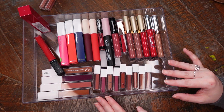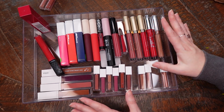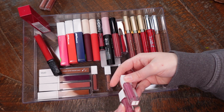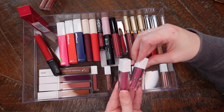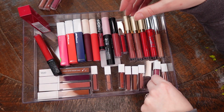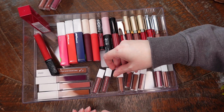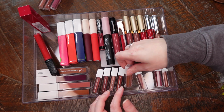And then over here, I like this sparkly one. I don't need all of these. I need to declutter. Okay, so I want to keep the sparkly one. I think these two are the same. Yeah, these two are the same, and they're not a shade that I wear that often. So I'm going to keep the one that looks the best, which is this one. This one I will declutter. Do I have any others? I don't think I have any others that are too close to each other to keep, or that are drastically